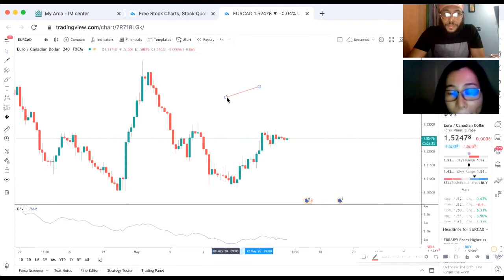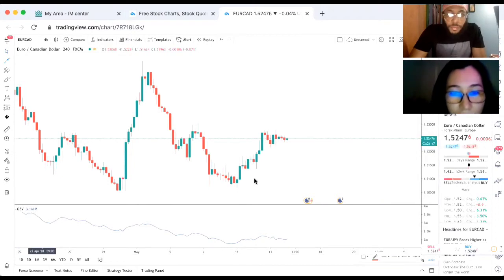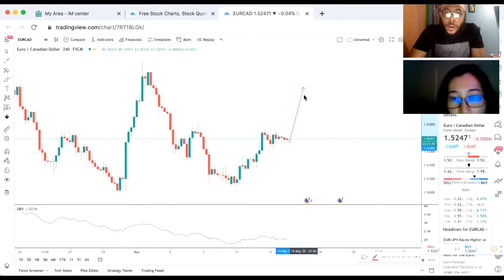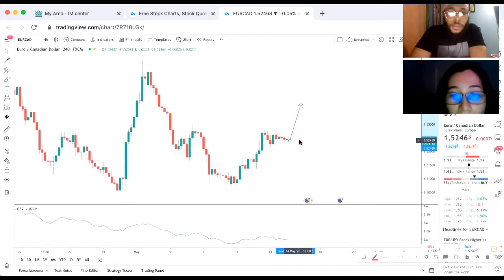Okay. So now, if price is going up, let's say we anticipate price is going to continue up, where can we look for a point of interest where it's going to start to head down, where we can anticipate it's going to reach a point of interest and start heading down? Where do you see a point of interest somewhere up top? On the top. Oh, this one. Go ahead and use the mouse and show me.